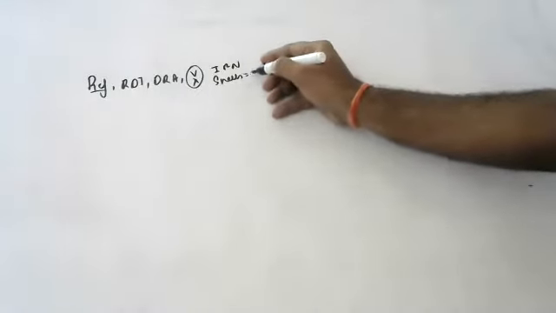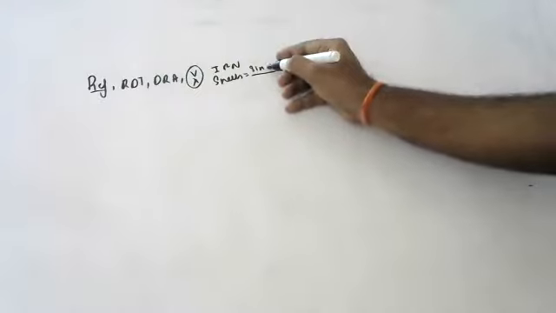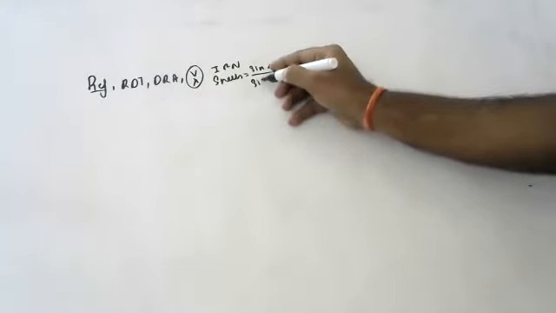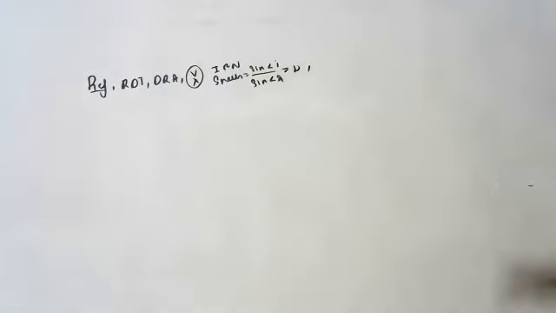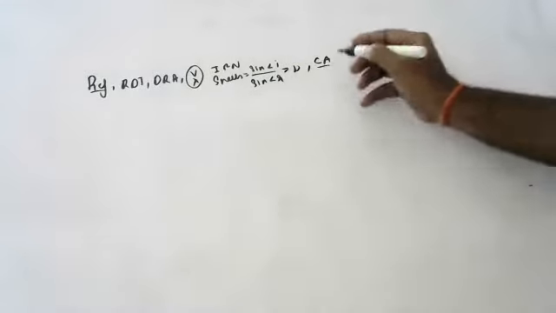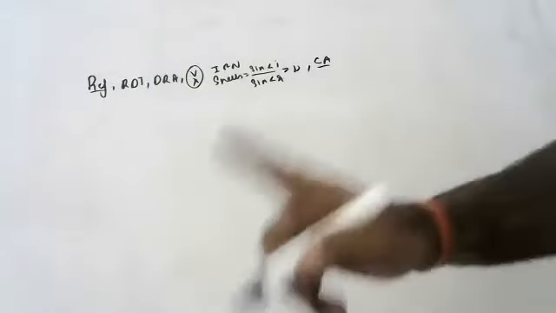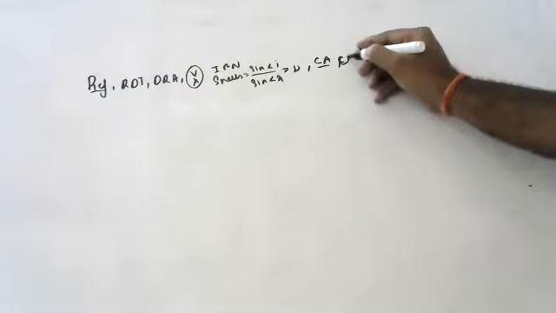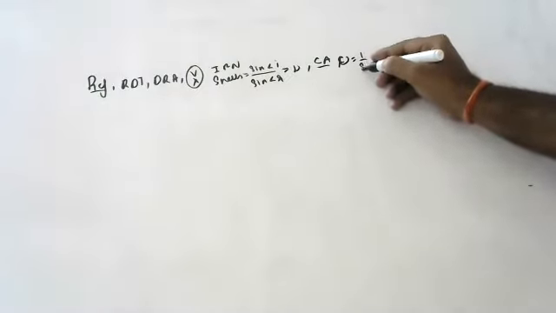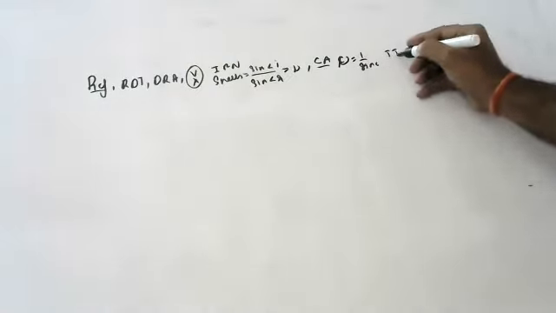What is Snell's law? The ratio of sine of angle of incidence to sine of angle of refraction is constant. That constant is called refractive index. I told you. Then I told critical angle. It is the angle of incidence in the denser medium for which the angle of refraction in the rarer medium is 90 degrees. I told, children. So what is the formula for the critical angle? 1 by sine c. Then I told total internal reflection.